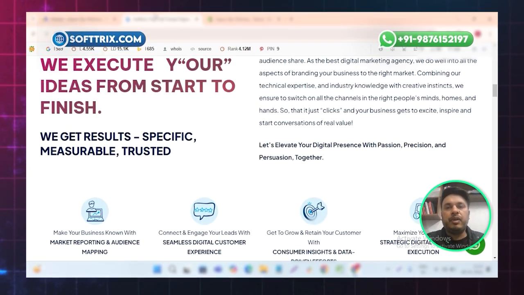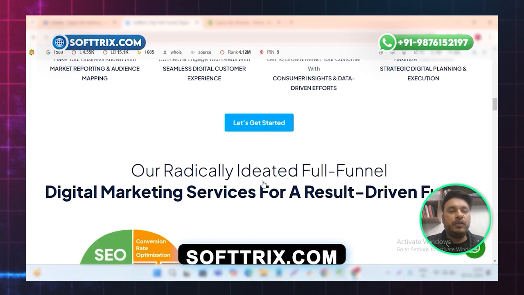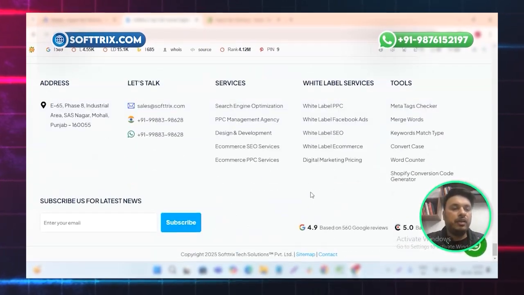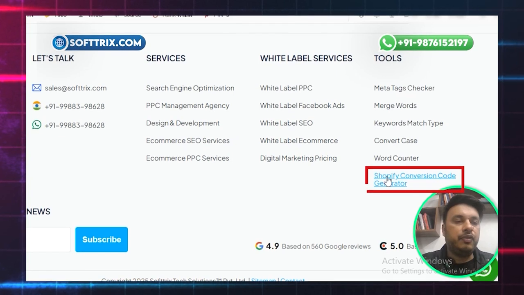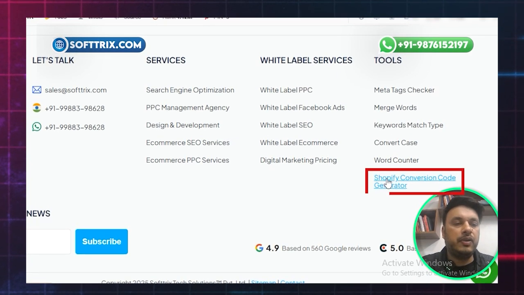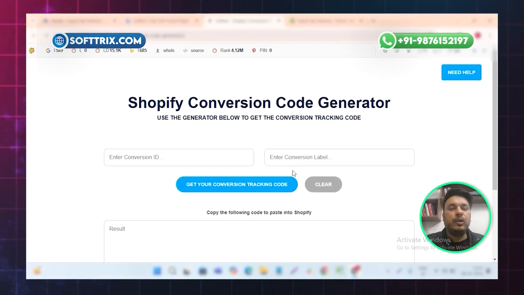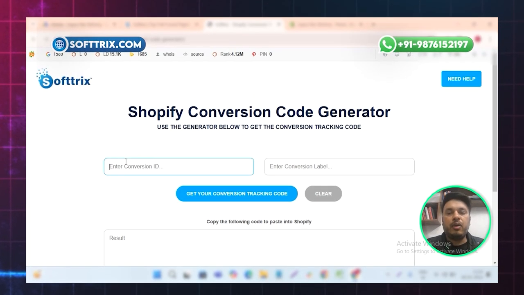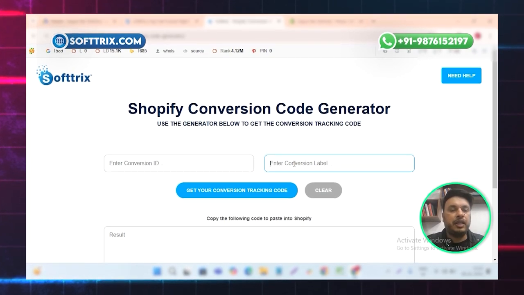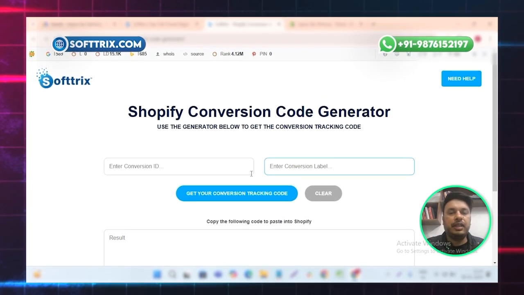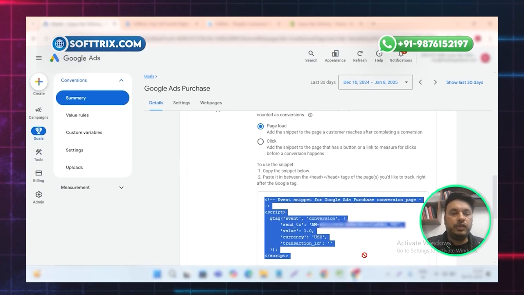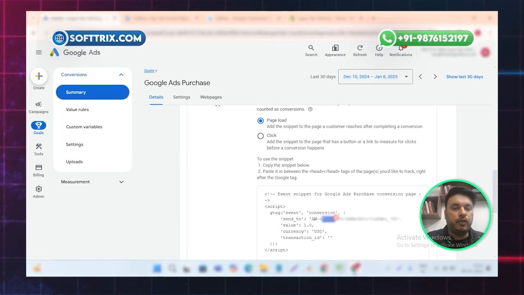So now we can go to our website, that is Softtrix.com, and then at the bottom we have the link for Shopify conversion code generator. So we just need to click on this link and then the tool will open. So now we need to enter a couple of information from the conversion action that we have just created. So like enter conversion ID. So we just need to copy from here,